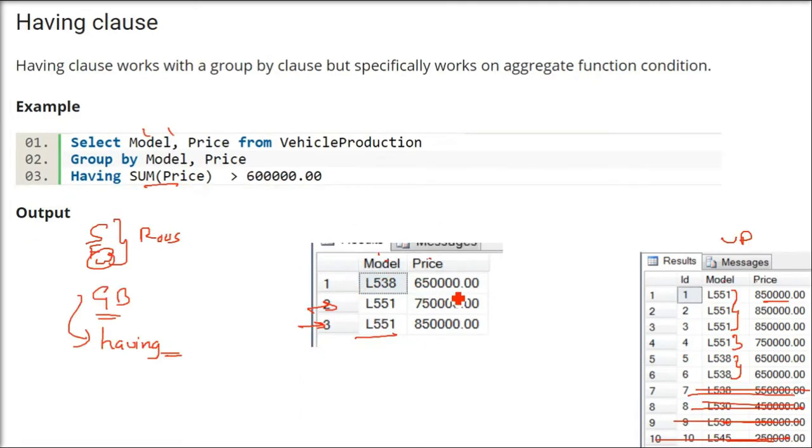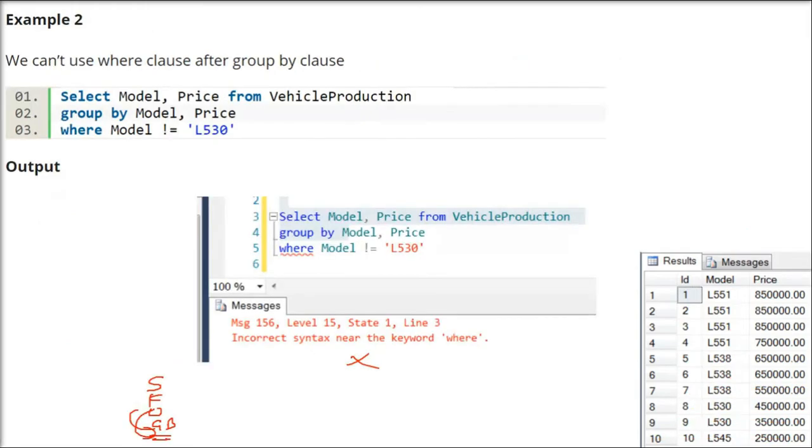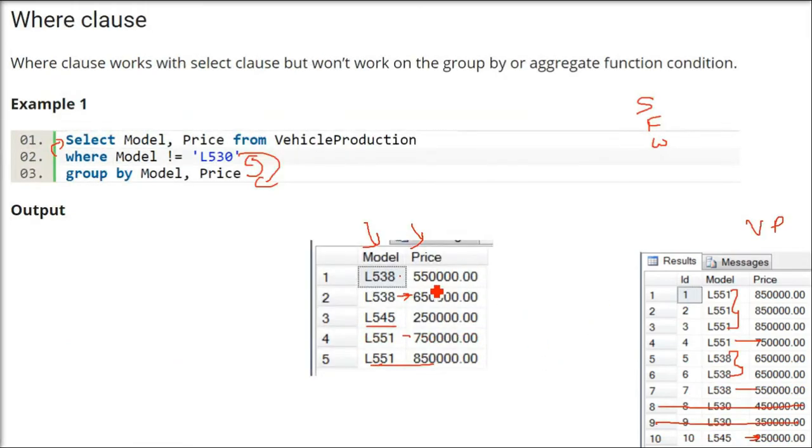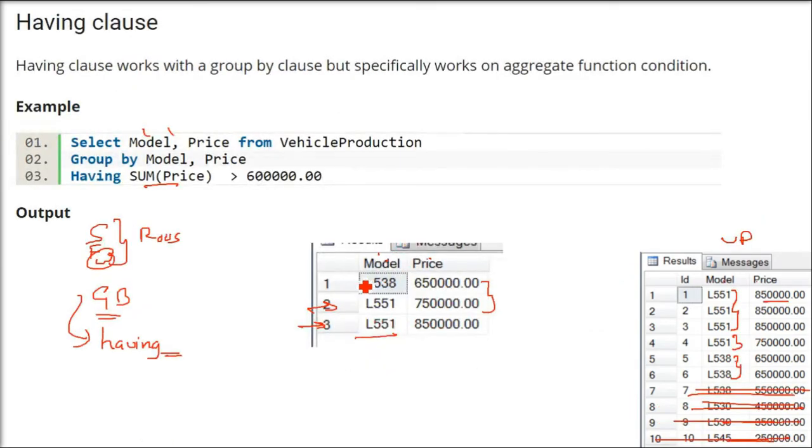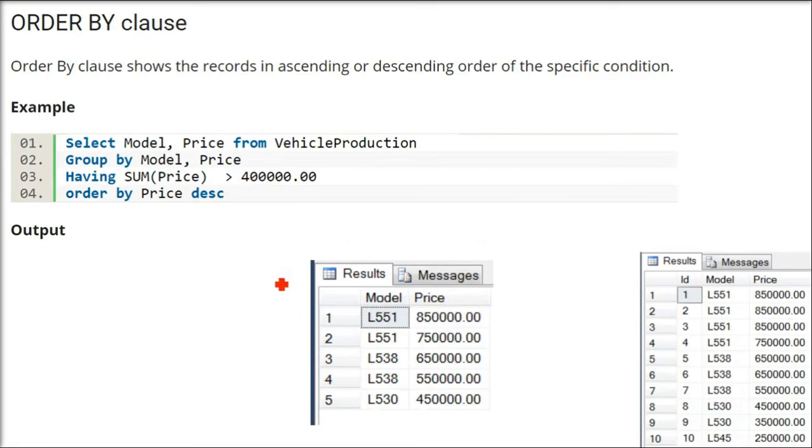Now what you saw here is, I'll just take you one more step back, and you will see that the results are not coming in ascending or descending order. We want 8,50,000 to come first, or you can say 2,50,000 should come first. That is ascending, descending we want. So we already have group by, we used a condition having, but now we want this result to be shown in ascending and descending order. So there is one more clause along with group by and having, which is order by.